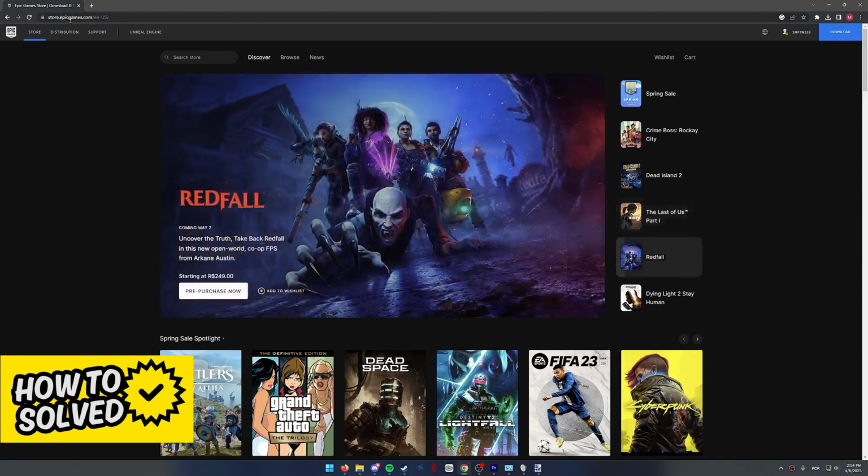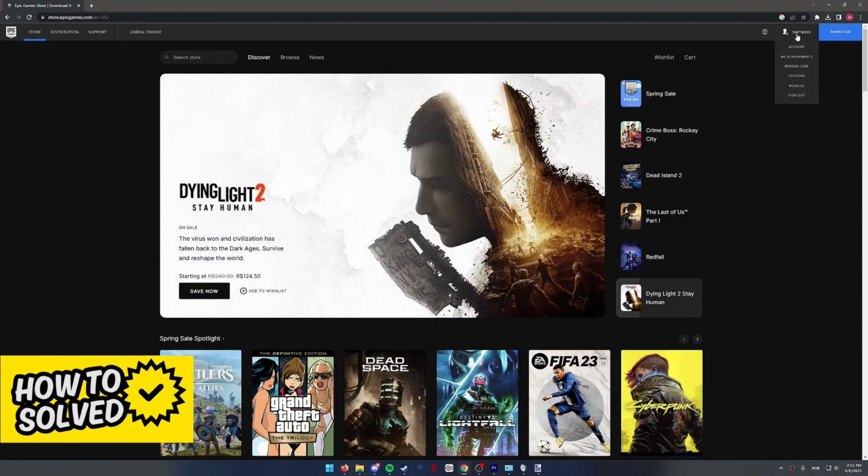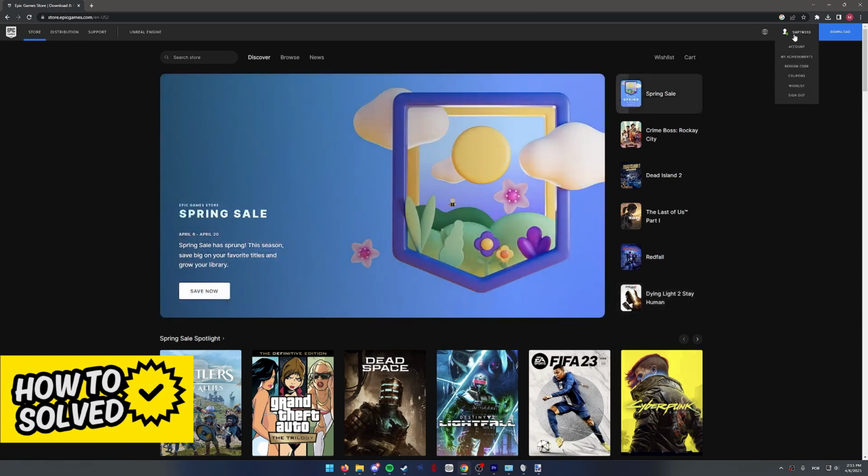So on the Epic Games website over at store.epicgames.com, sign into your account at the top right corner of the screen. You will be able to use your Xbox account if you wish, or if you don't remember your email. After you log in using your Xbox account, hover over your name, select Account from the drop-down menu that appears,